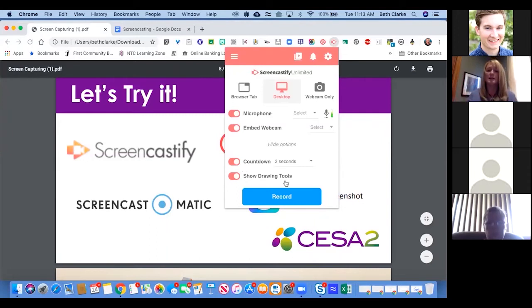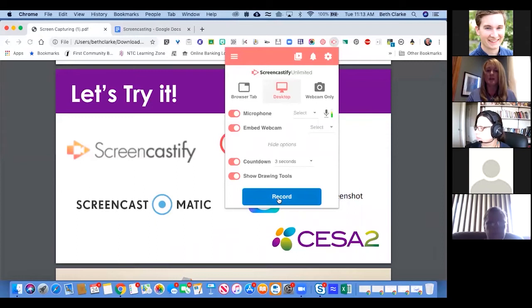And then here, if you want to use the drawing tools, and I'll show you what those are, I'm going to keep those on. If you don't want those on, you can actually slide them off. So we are ready to record. That is it right here. These are your options. So if I click on record,